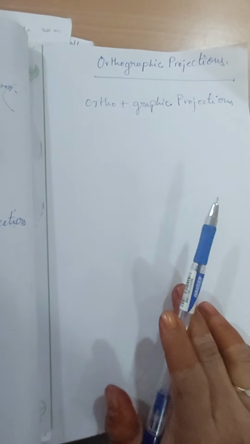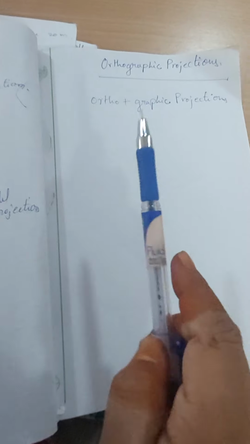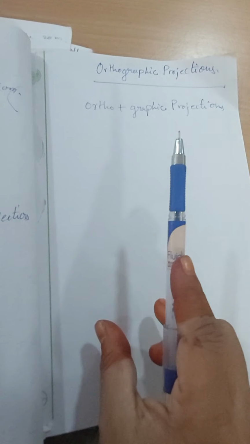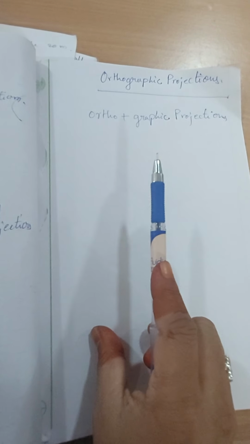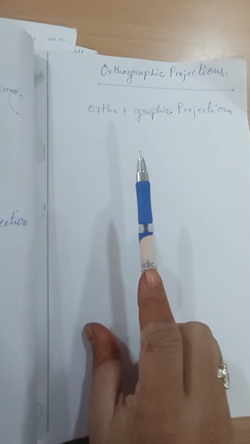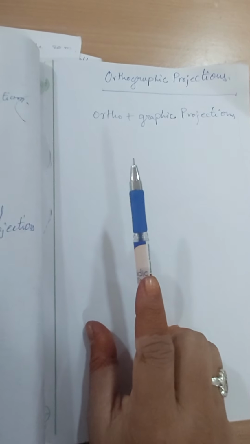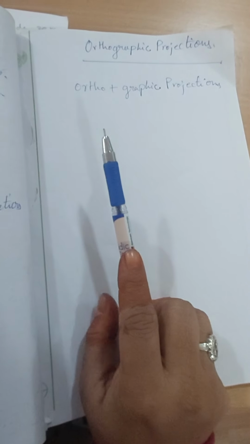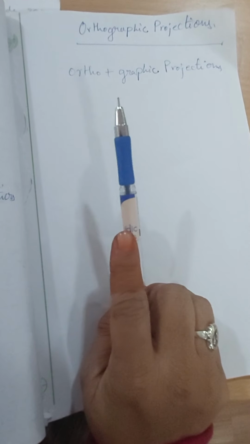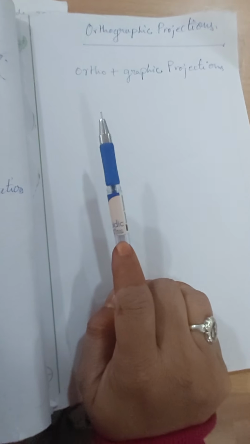So the lines from the object to the plane are called projectors or projection lines. To form the image, some invisible rays are intersecting the object and the paper which is below the pen from the point of sight. Point of sight means the position where we are observing the pen. These rays are known as projectors or projection lines, which are parallel to each other and perpendicular to the plane of projection. Means the rays are perpendicular to the paper and parallel to each other from every point of the object.